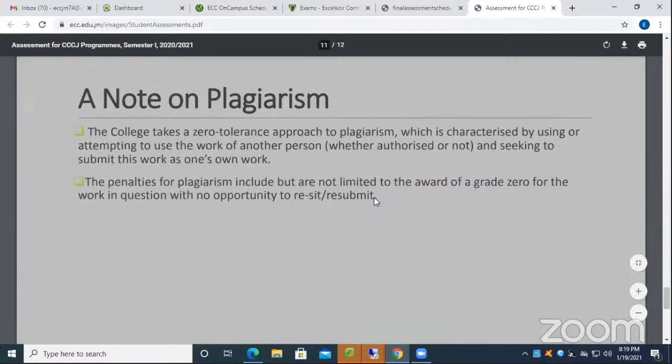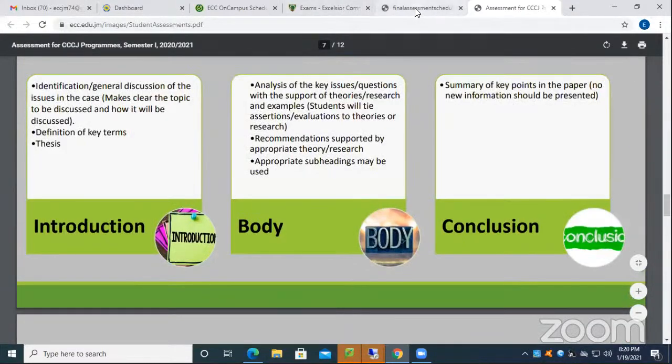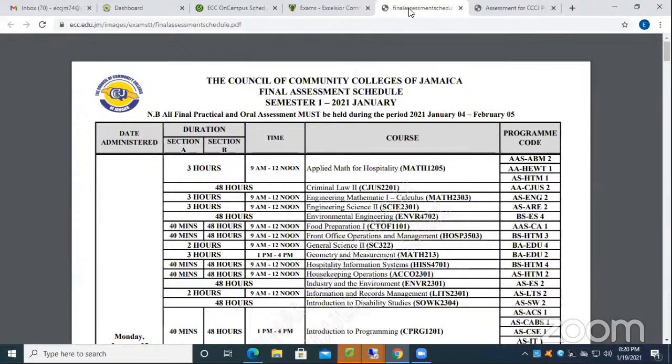Can you tell me when the second semester ends? No, not at the moment. I don't have that information in front of me, but there is an academic calendar that you guys can